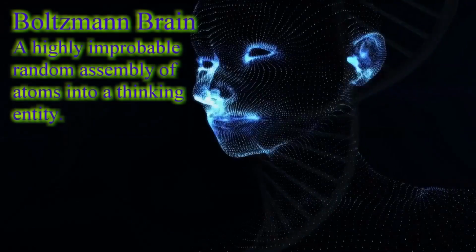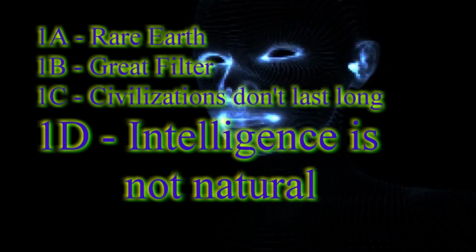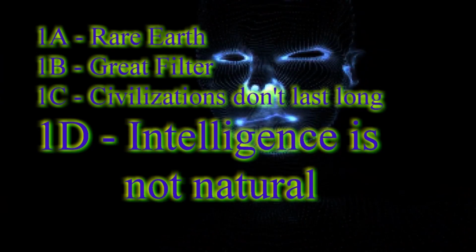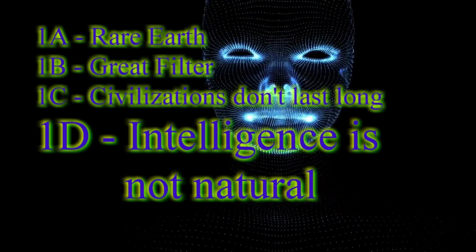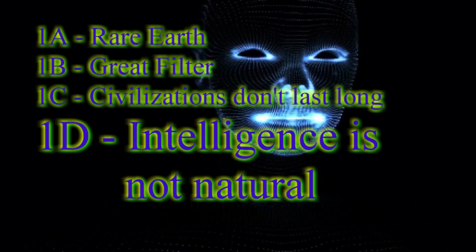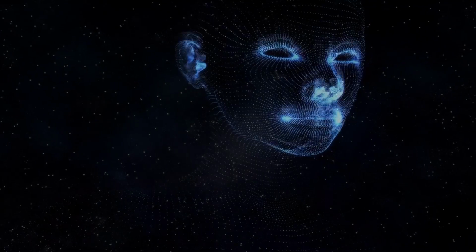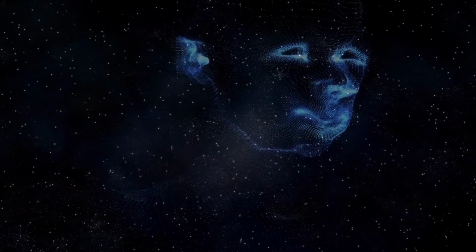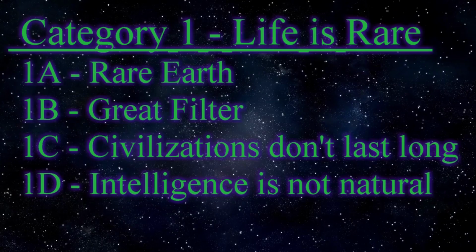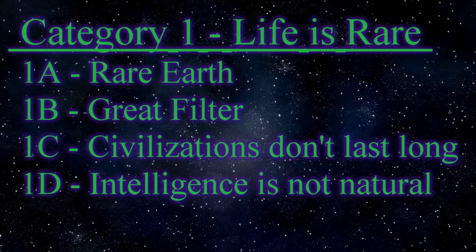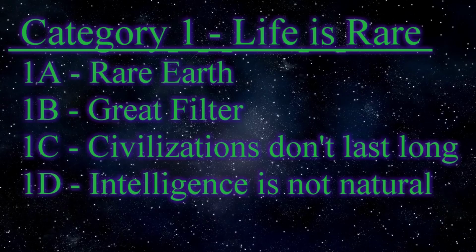Now the strength of 1D is the same as its weakness. It's hard to disprove. Even arguments like why would God or the great programmer make a giant universe for one species don't hold up very well for the same reasons a few bacteria in the middle of a petri dish would be wrong to assume there must be more bacteria elsewhere in the petri dish. We put them in there for them to grow. We don't care that it will take a few hours or days for them to fill it up. So that's category 1. We haven't seen aliens because they are terribly uncommon. The shared strength is that it's logically consistent.